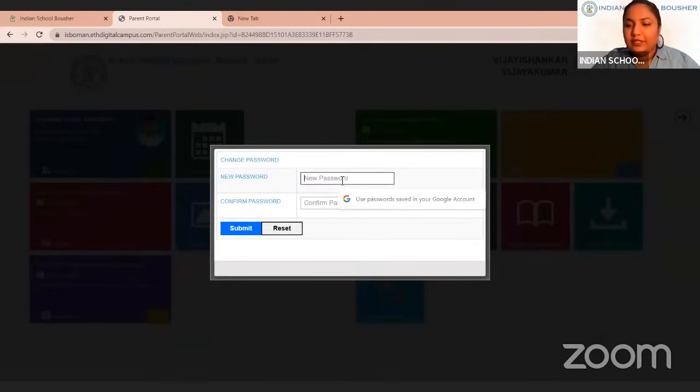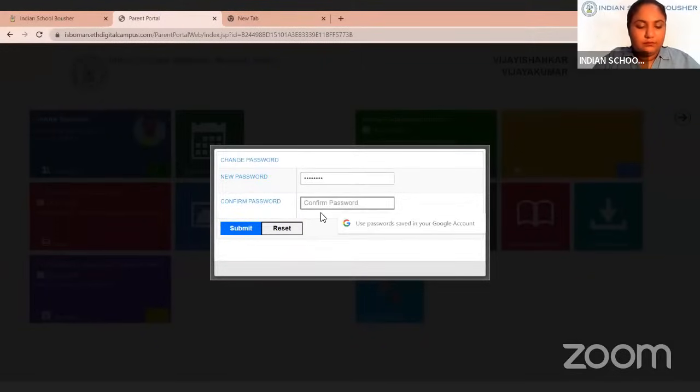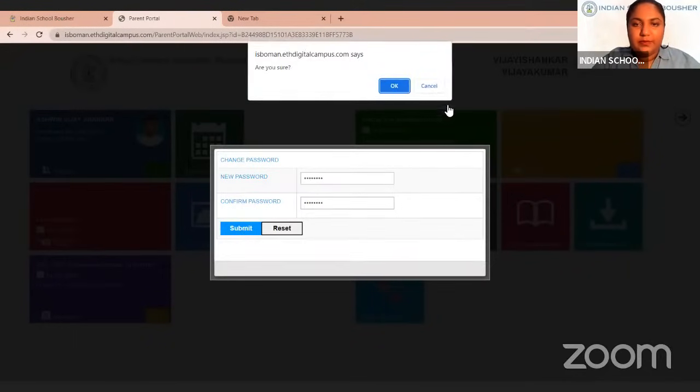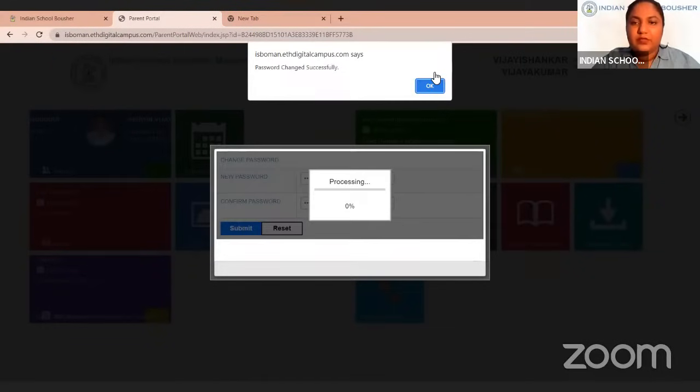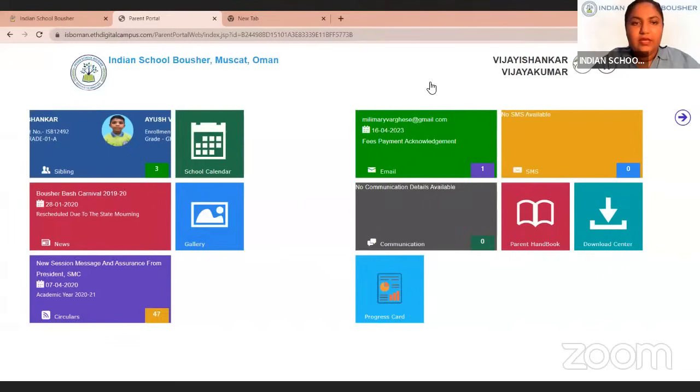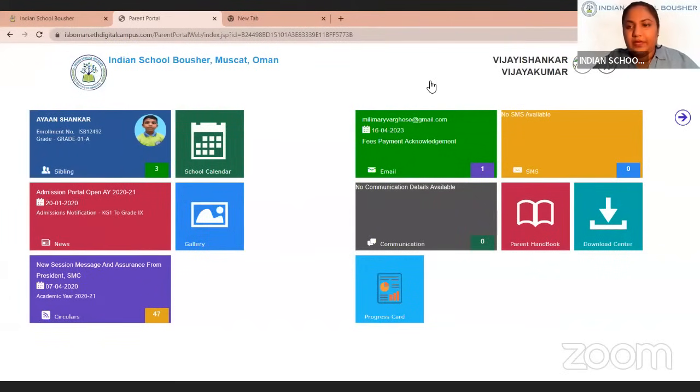And now you can give the new password here. Both the passwords should be entered, and then click on submit. Are you sure? Yes. And then change password. A success message has come. Click on OK, and here you go. This is the parent portal